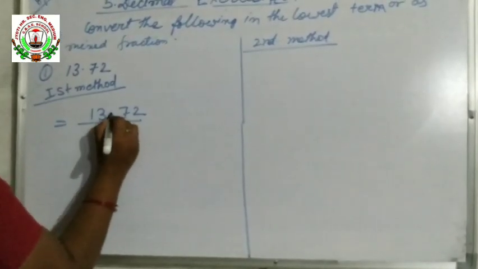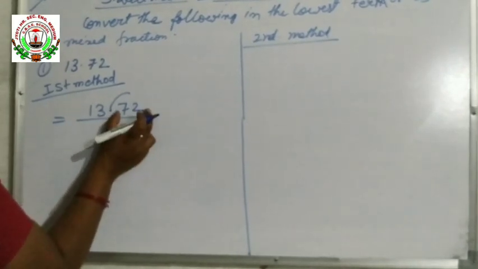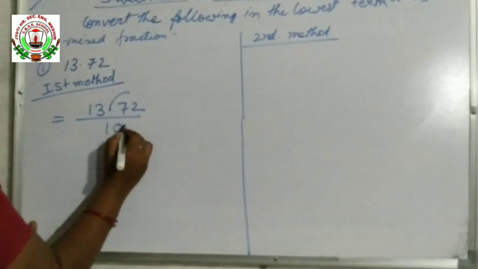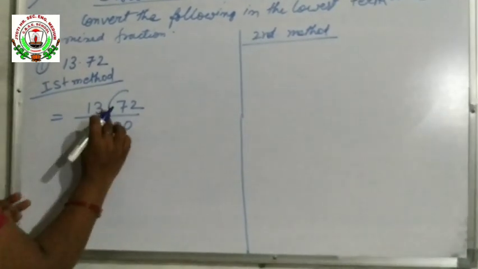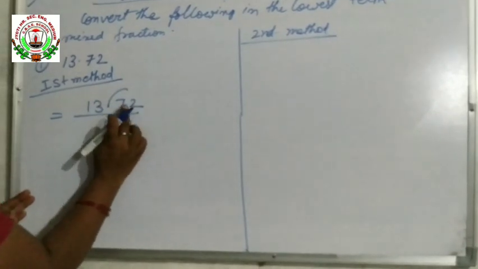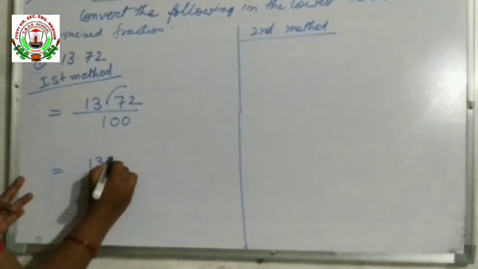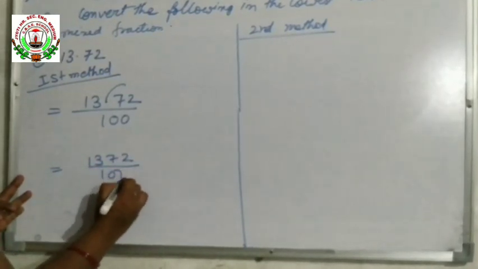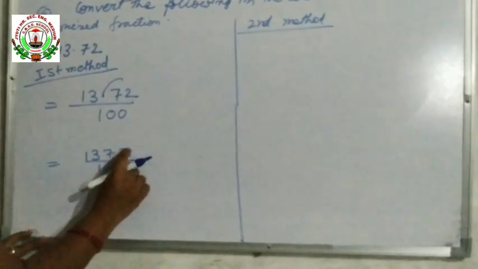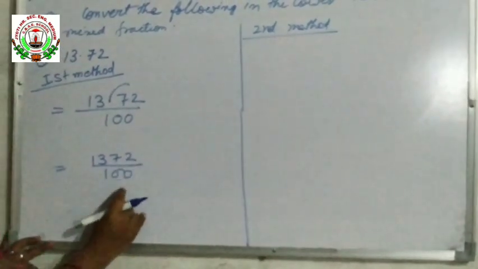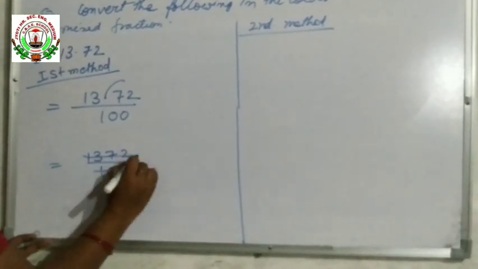When you remove this decimal, in the denominator, after the decimal 2 digits are there, so you will put 2 zeros. That means 100 you will write. Understood? So 1372 by 100. Now here you know about the divisibility of 2. Both are even numbers, 0 and 2, so it is divisible by 2. 2 5s are 10, 0. When you divide it by 2,